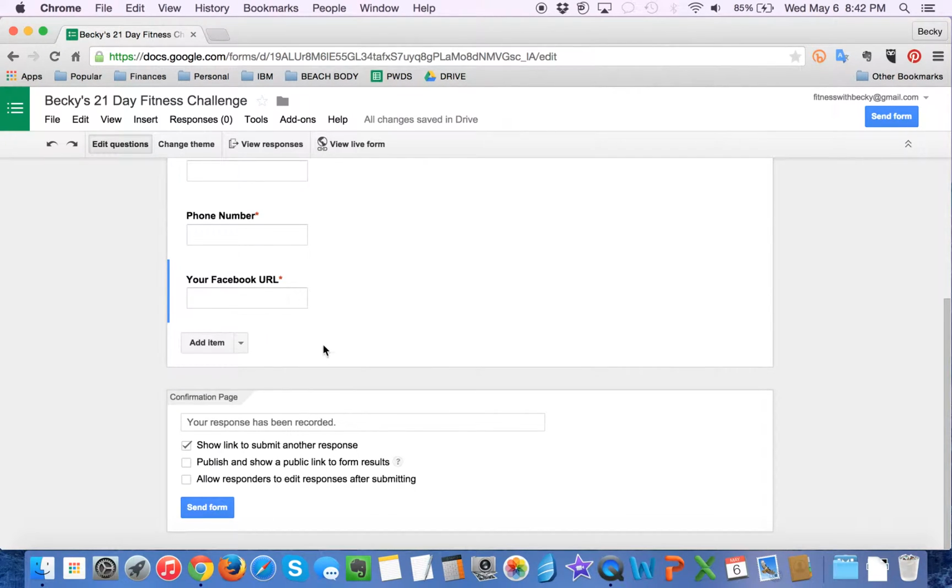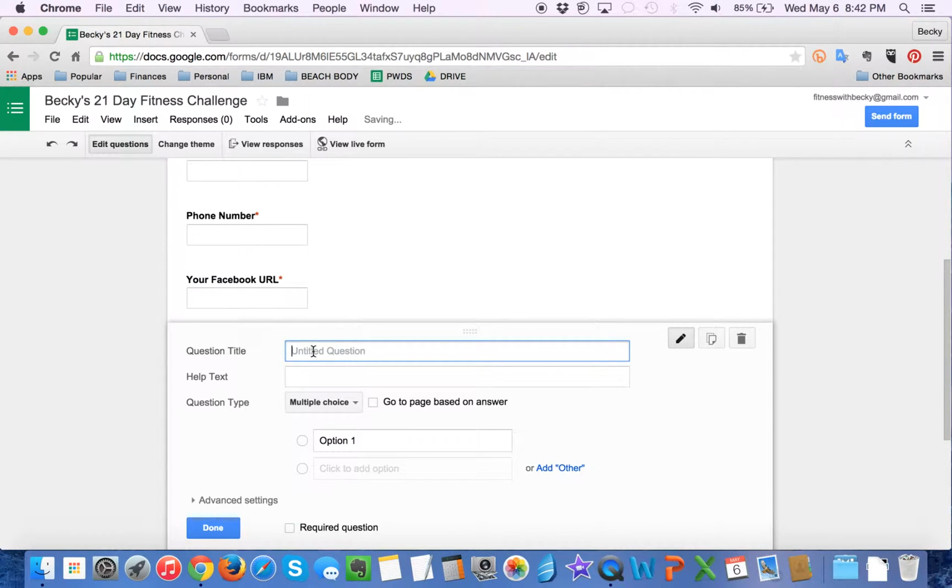Okay. You can see I've put a link below to one of my example forms. So you can actually see all the exact fields that I use, and if you want to copy that form exactly, you're welcome to. But the next things you want to ask are things that are relevant for you when you're deciding if someone is going to be a good fit for your challenge group. So things that I might ask are